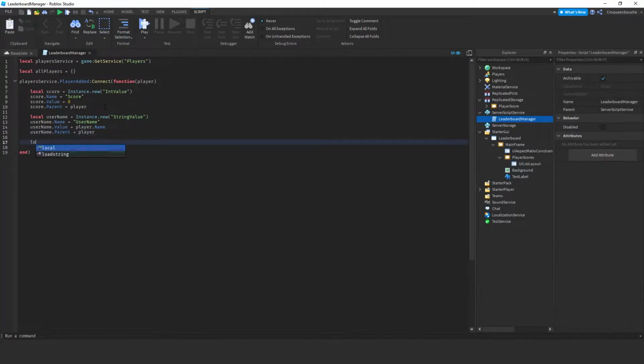Finally, I'll create a local thumbnail variable to hold the headshot image of the players. I'll instantiate a string value because this will store the link to the thumbnail. Again, thumbnail.name will be thumbnail. To get the thumbnail, I'll create some local variables. The first one will be thumb type and it will be